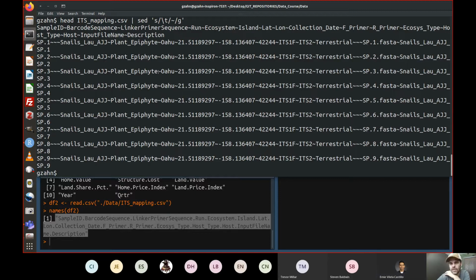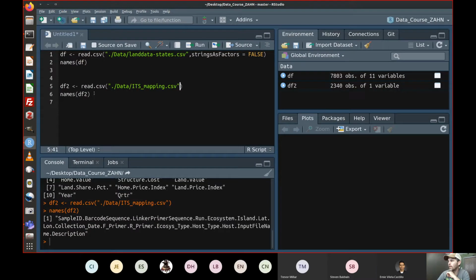So you need to inspect your data. If it's not working, go straight to the data source, take a look at it, because it absolutely can lie to you. So I can do read.csv and say sep equals \t for tab,